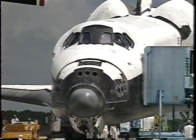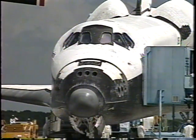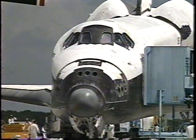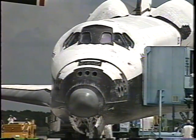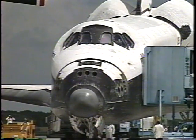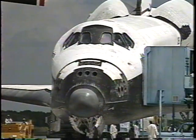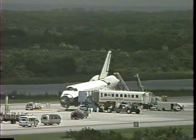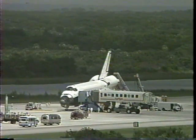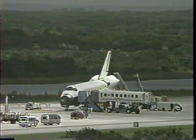Hello? It's online now. Hello? Captain Gibson? Hello, Mr. President. This is Captain Gibson. We're online. Welcome home and congratulations. Well, thank you, Mr. President. It's a pleasure for us to be back on the ground again and to have had the opportunity to take part in this flight. Well, the pictures were wonderful, and we all watched you with absolute fascination and incredible support